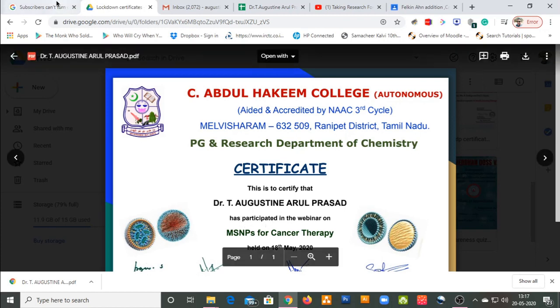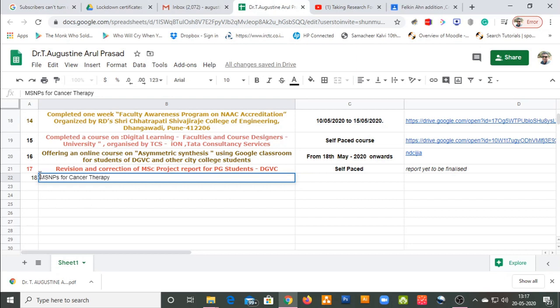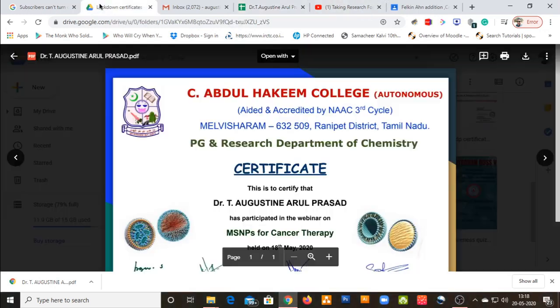So you can take your Google Sheet and enter the corresponding data. So I am entering it as participated in a webinar on MSNPs for cancer therapy. And you can also mention the name of the college and also the date on which it took place.